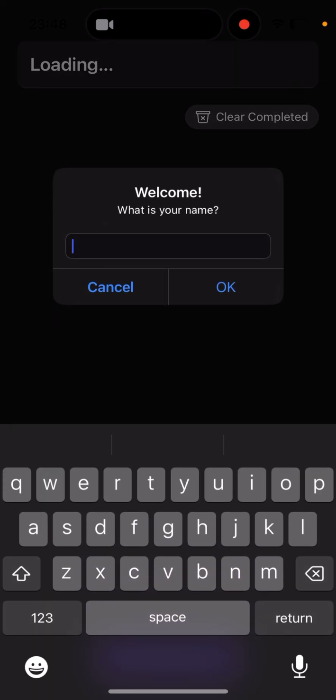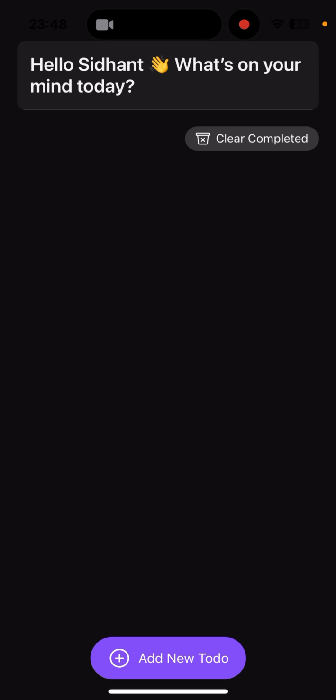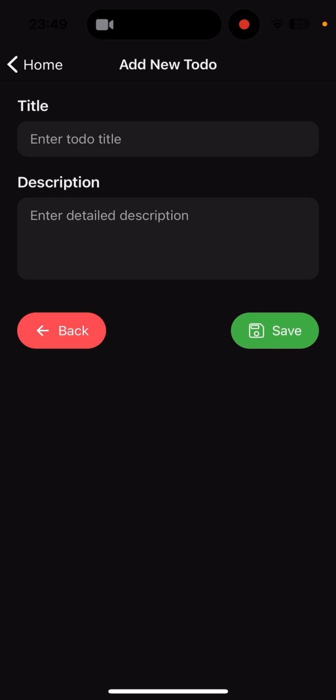When the app opens, it greets me by name, but this is my first time using the app, so I'll have to enter my name. If I try and go past this message, it just pops back up, asking me to type my name. As you can see, once you type your name, you get a message up top, just asking you what's on your mind. If I press this purple Add New To Do button, it brings me to the screen